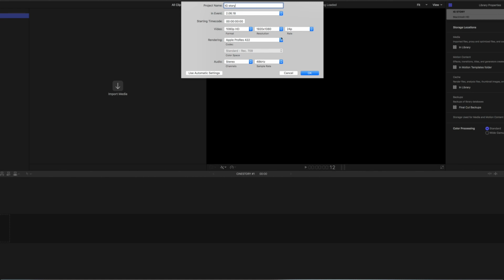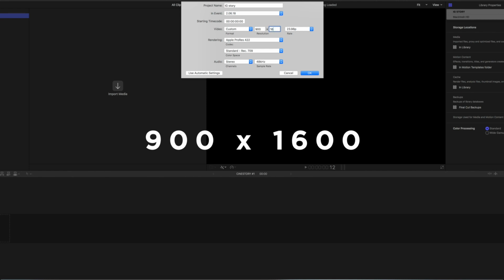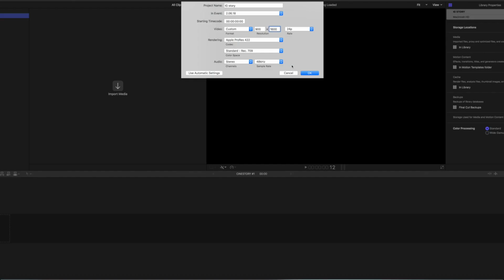Okay, here is where you decide the aspect ratio of your project, but now we have to change the settings to make it work for Instagram stories. To do that, click here and go to custom. Now we are able to change the resolution, and we will change it to 900 by 1600, and the frame rate I will just go with 24p because that's how I film my videos. We have to change this to 900 by 1600 because our phone screen is in that format. So now here in the render settings you can leave everything as it is and click OK to create a